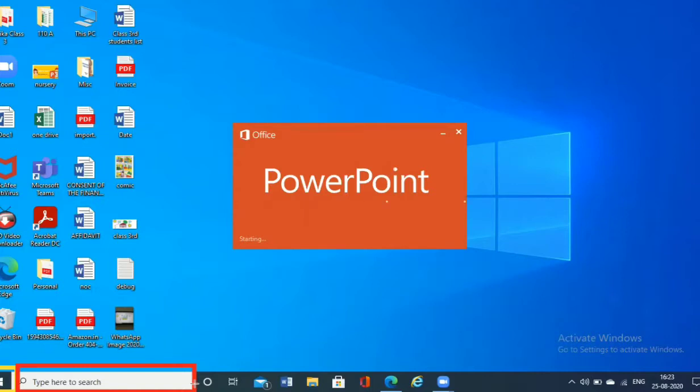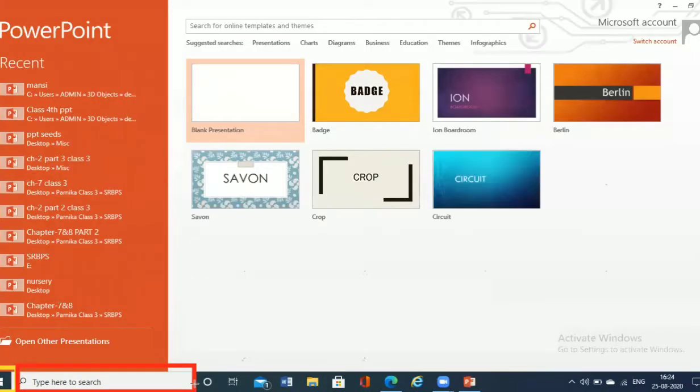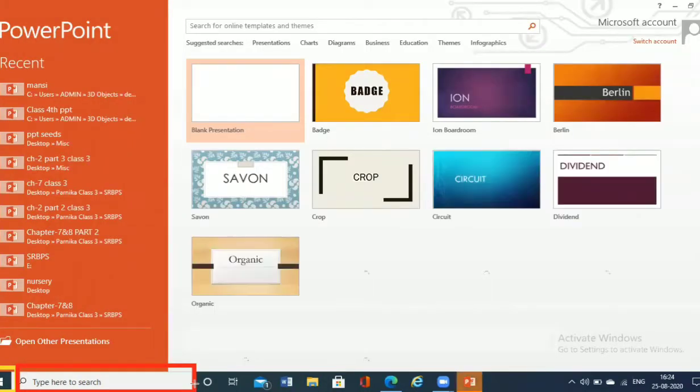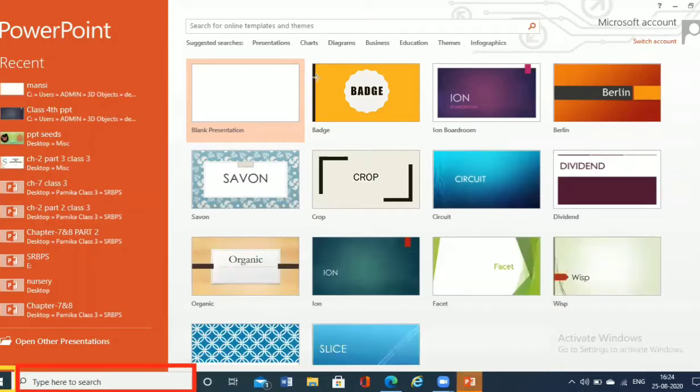As soon as the window appears in front of you, there are a lot of template options available on the screen. You can go ahead and choose any of the templates according to your choice. The preferable one, which is normally used, is the blank document, which is a blank template. Otherwise, there are lots of templates according to your requirements. As you can see, there are lots of other templates available here, but it is your choice which template you wish to go with.